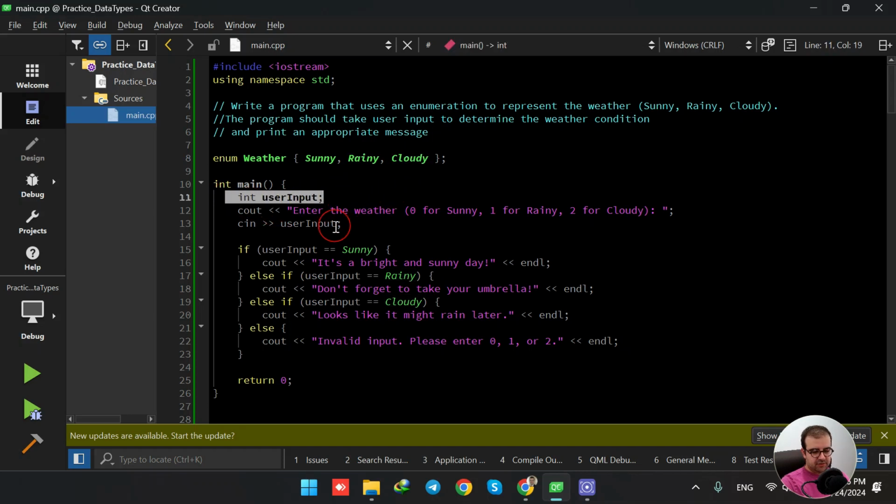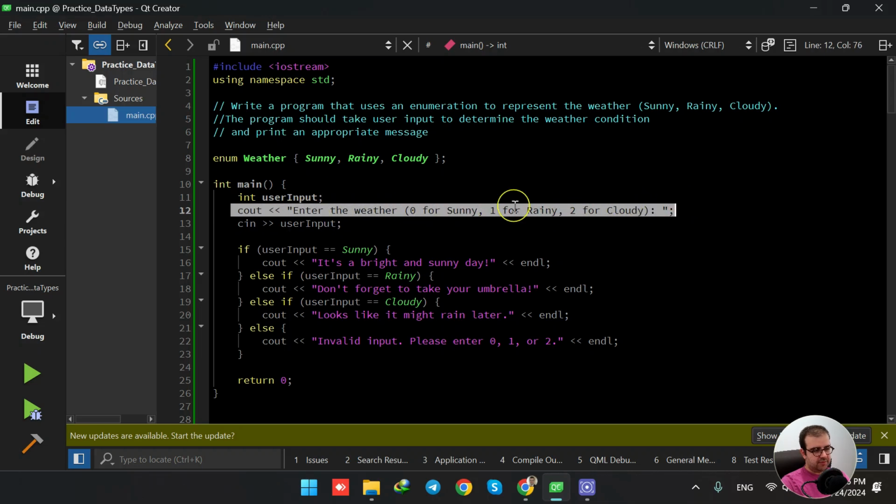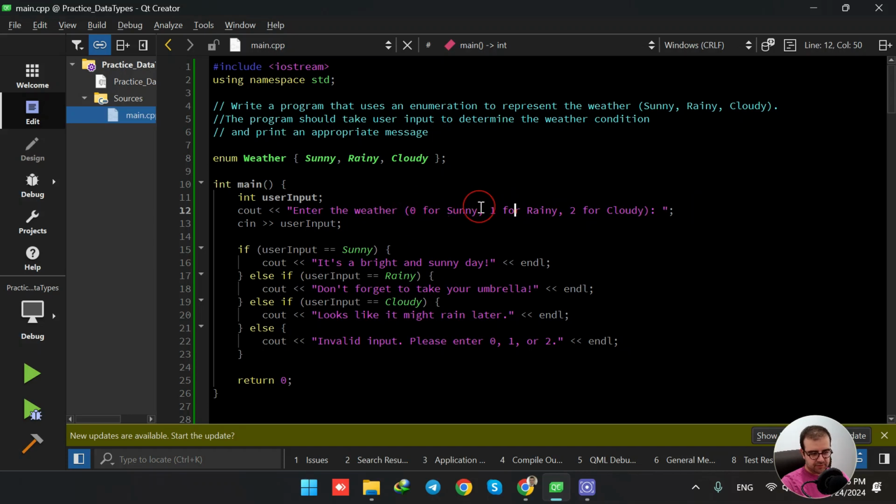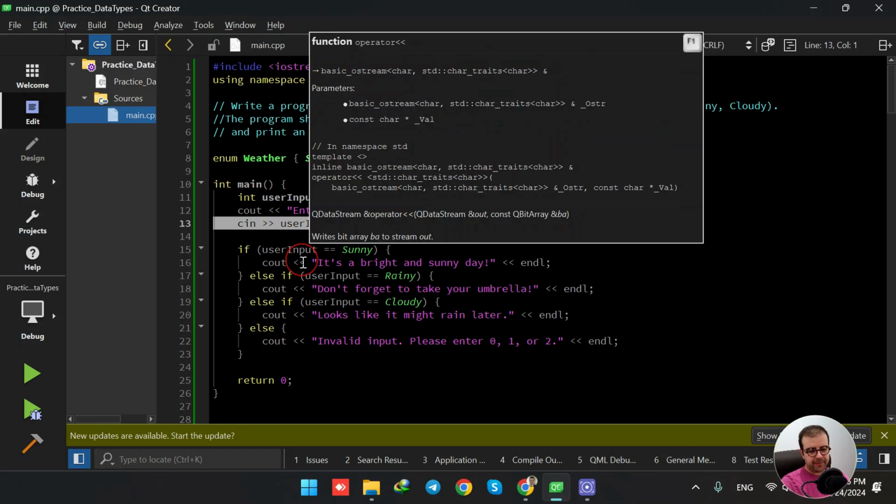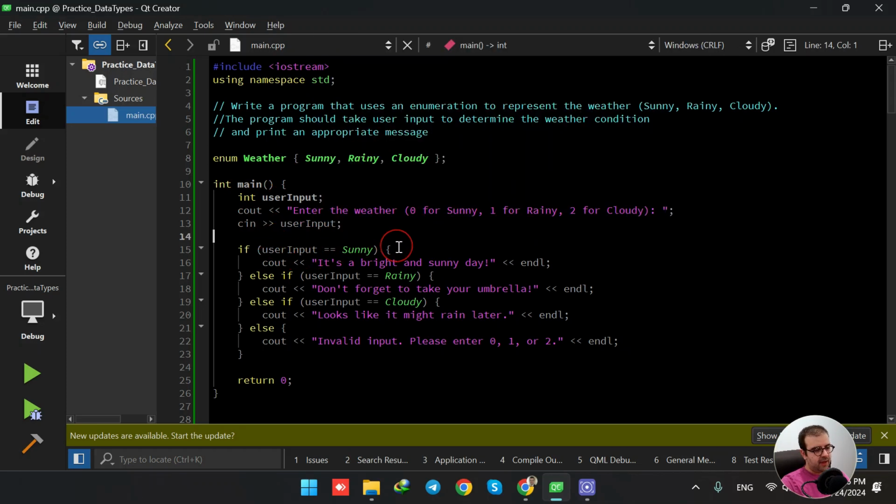We are having one integer declared here, and we are showing a message to the user saying to enter the weather, 0 for sunny, 1 for rainy, and 2 for cloudy. And then we are storing whatever the user is entering. In order to give some message to the user, we write down one if-else condition, and we basically type down if the user input, which is the variable that we store the input by the user, equals sunny,